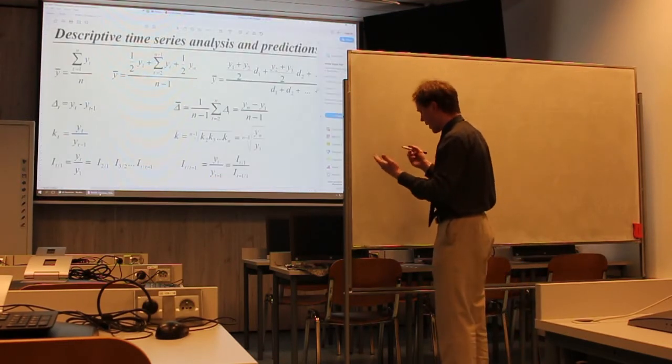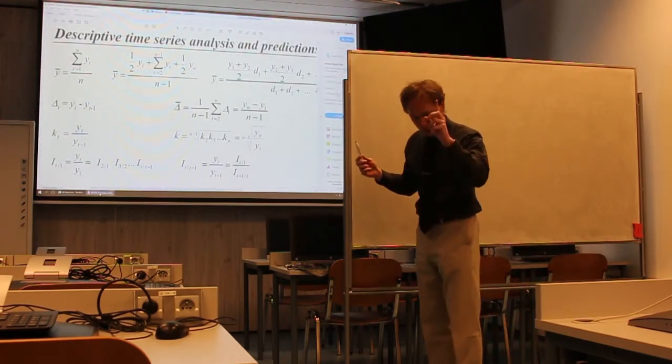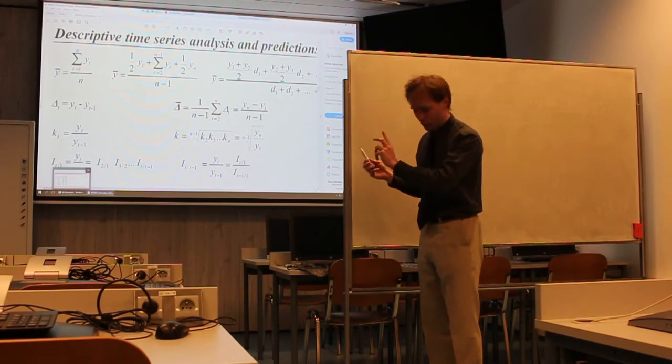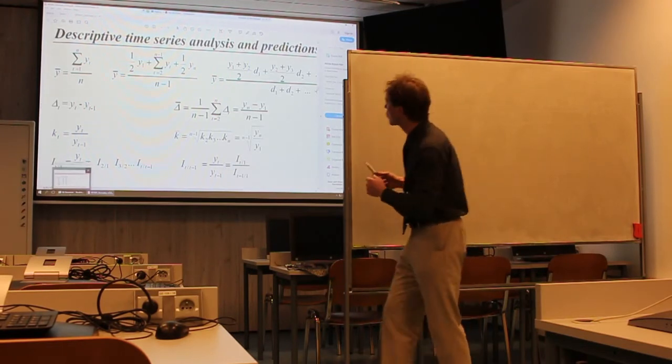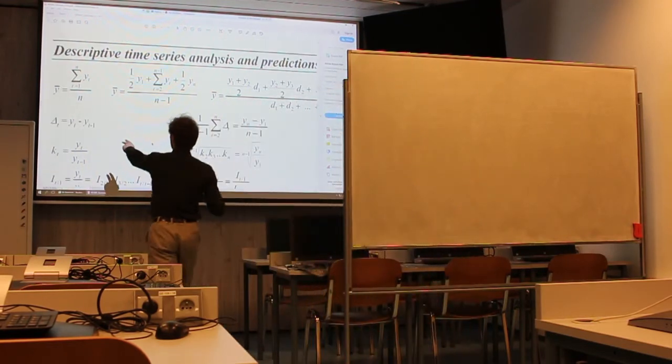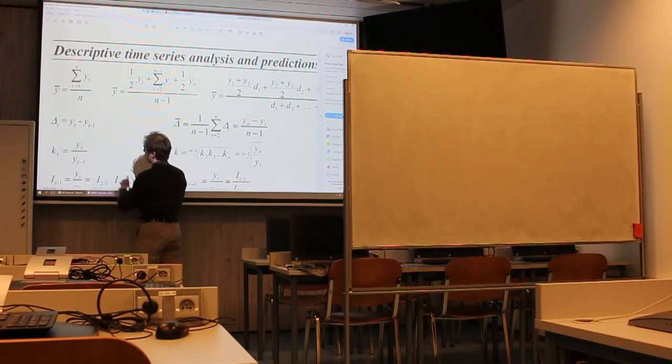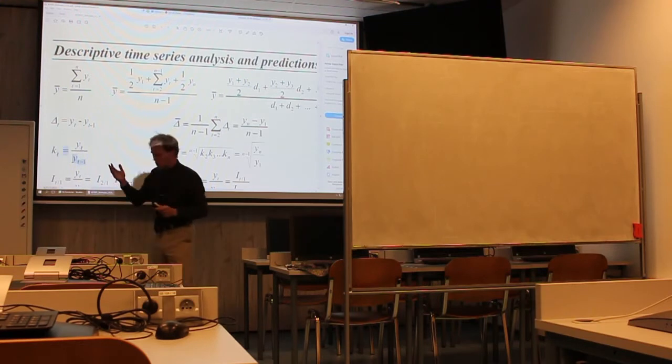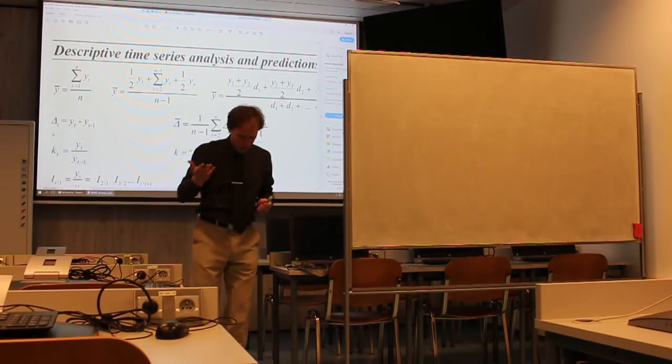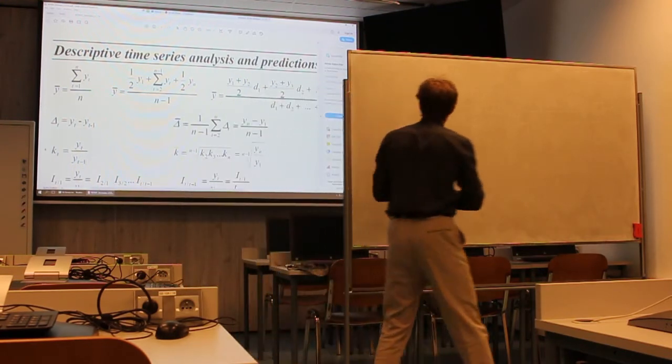We calculated it last week. We calculated the growth coefficient. Do you remember the growth coefficient? There, Kt, the growth coefficient: y in time t divided by y in time t minus 1. The growth coefficients are practically